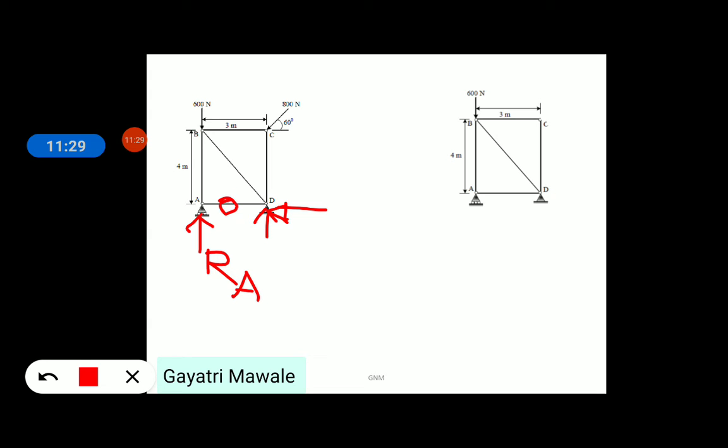Now for the second truss shown here, again if I draw reaction for roller, then there is no horizontal force to balance force in AD member. So it's a 0 force member. At joint C, now the external force is missing. It is not acting at point C. So the force in these two members will be 0, right?